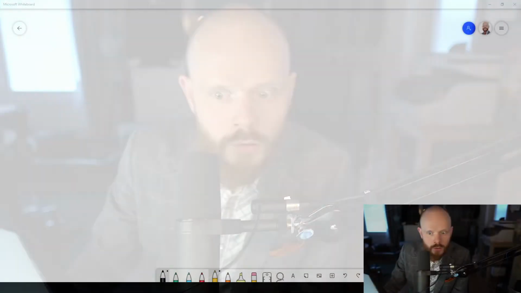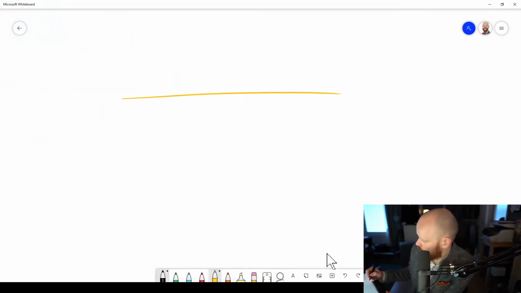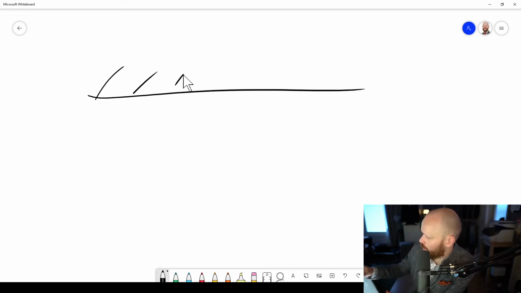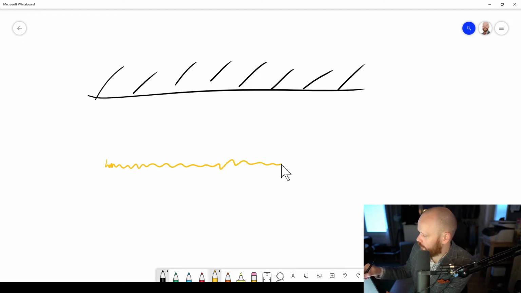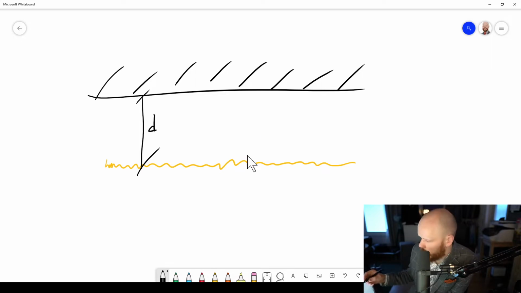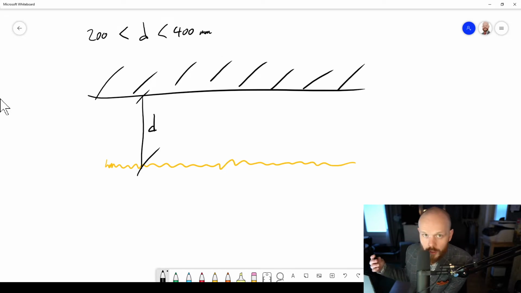When you're working with suspended ceilings, acoustic ceilings with sound absorbers, there's one thing that you have to be careful about. Let me show you here. Usually, this is the floor slab, and then there's going to be some kind of plenum here where you hide a lot of installations and stuff. So you will have a suspended ceiling at a certain height, like so. D. Now, if D is somewhere between 200 and 400 millimeters, you could choose a 20 millimeter absorber and you'll